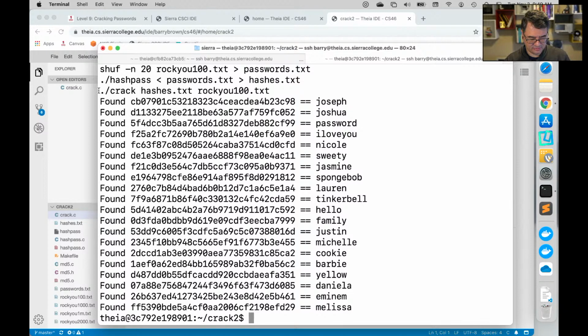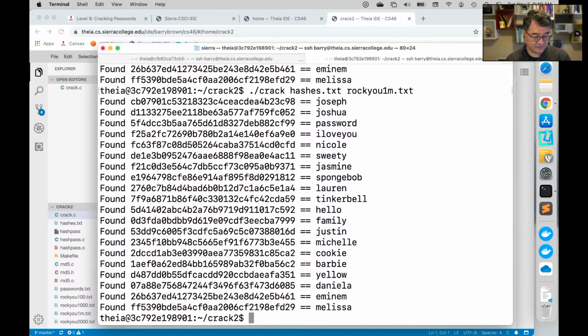Although what it's doing is running your crack program with the hashes I just generated against the Rocky 100 file, because it's just using the entry in the makefile. So if I run the program with the same hashes but use the Rocky 1 million file, it's still fast.